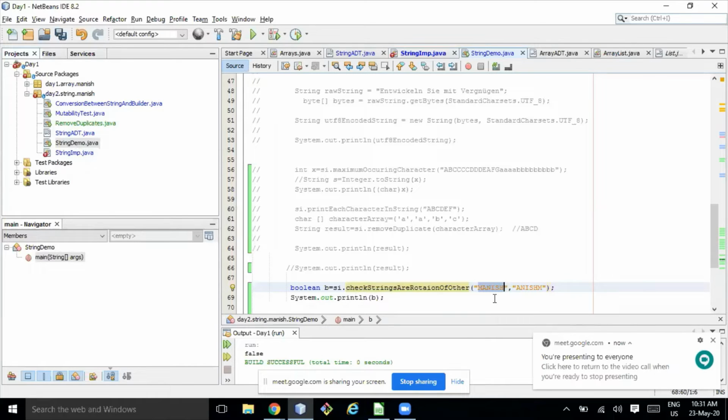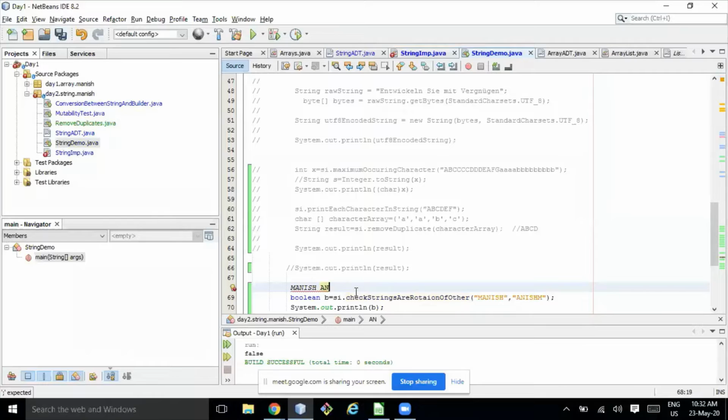So what you are trying to do, you are reversing it. I'm not sure what will happen if you pass a string like this. Let me rotate it first. If I'm rotating one time, then it will be ANISHM. If I'm rotating a second time, then it will be NISHMA.